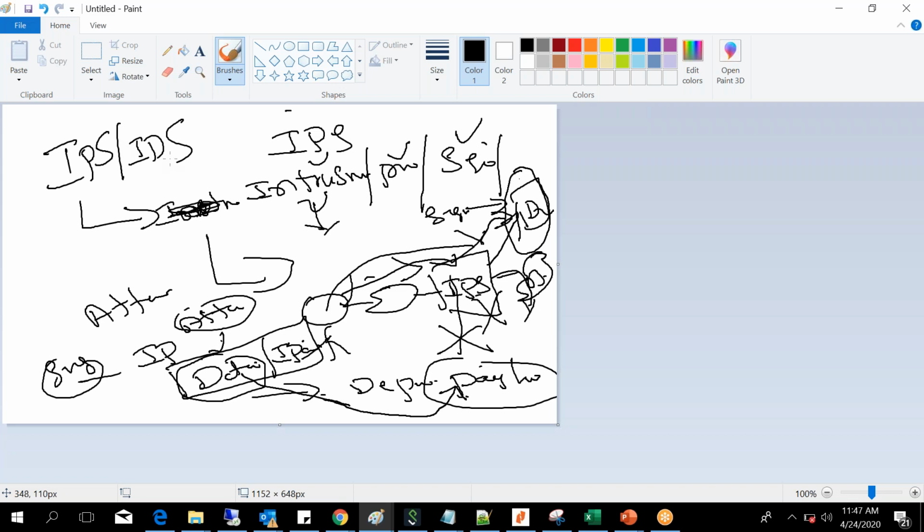The IPS, IDS, firewall, router, proxy. We'll discuss more about the IDS. IPS is all about signature-based detection. If a specific signature matches, it raises an alert, and at the same time it prevents the activity. If the signature doesn't